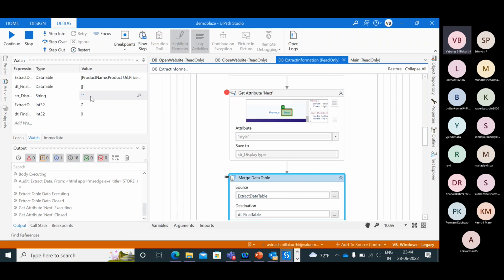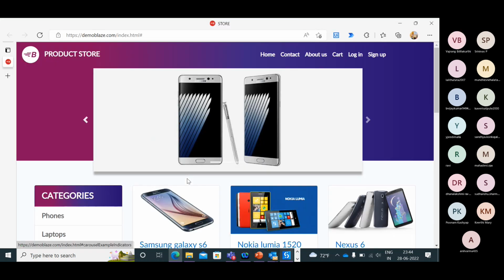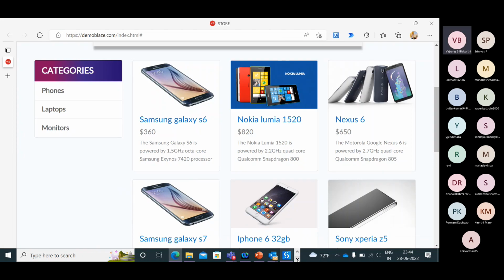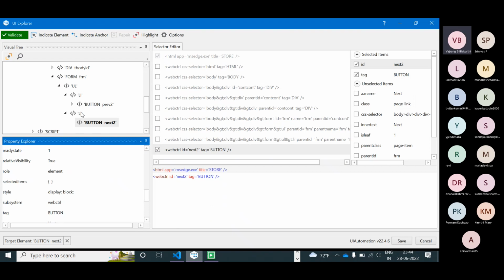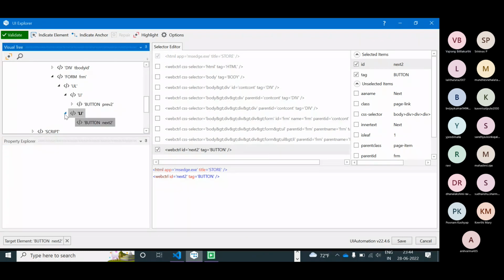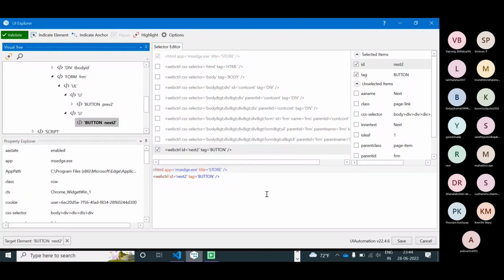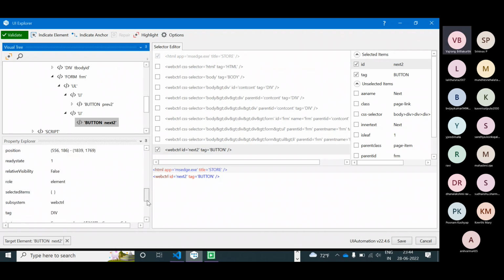It's not picking up any value. So why is it not picking up any value? Let's see. Refresh the page, LI button. So display, page display, style.